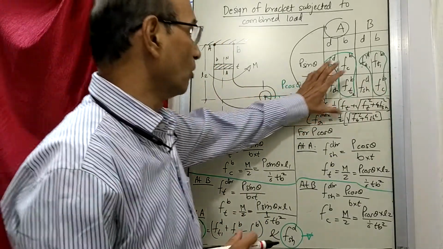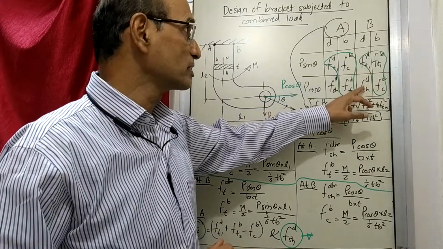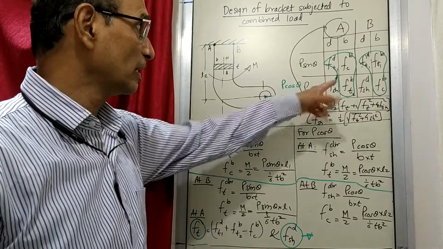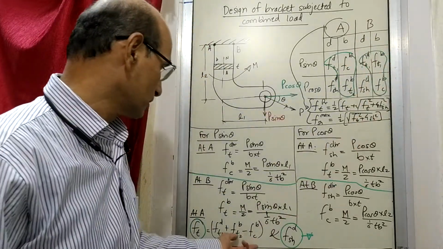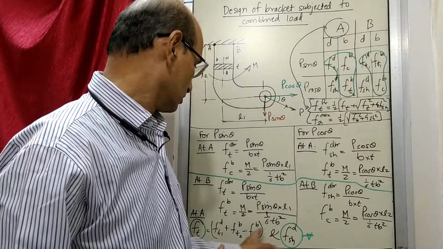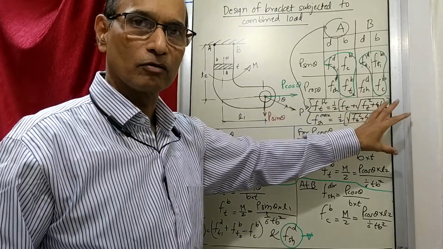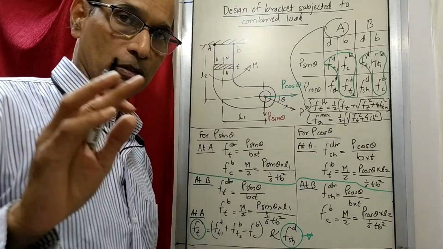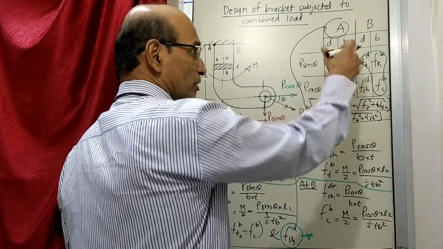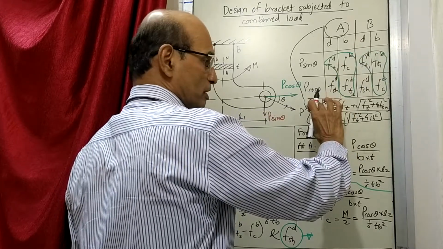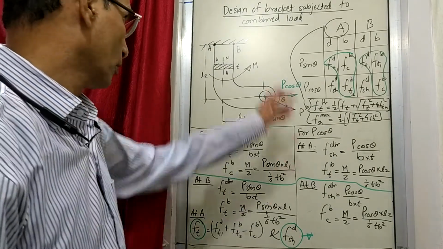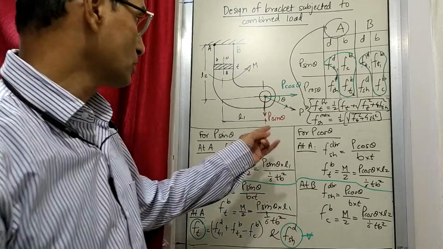Similarly, you have to find out by combining these stresses. These are tensile, compressive. So same way we will write tensile and compressive, whatever are the numerical values. And then shear stress is this one. After getting these two, same way you can write down the formula and find out the stresses that are acting at B. So these are the stresses acting at A. Similarly, by using this, there will be another set of stresses acting at B.